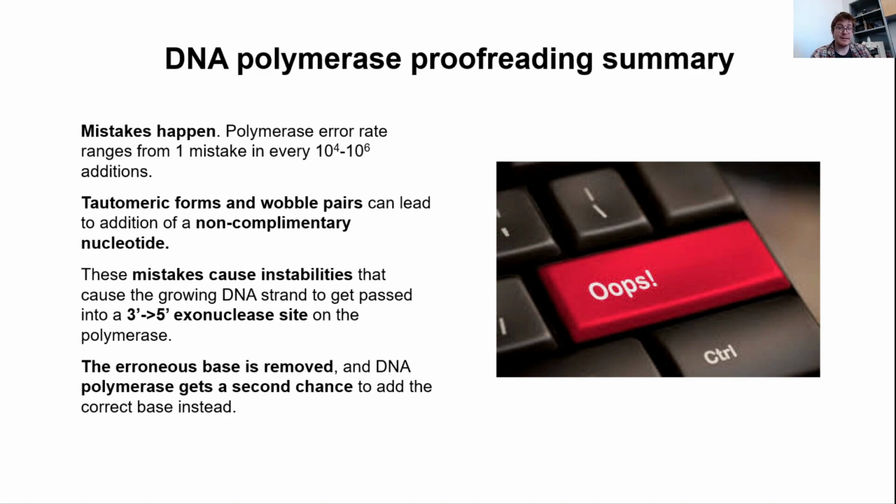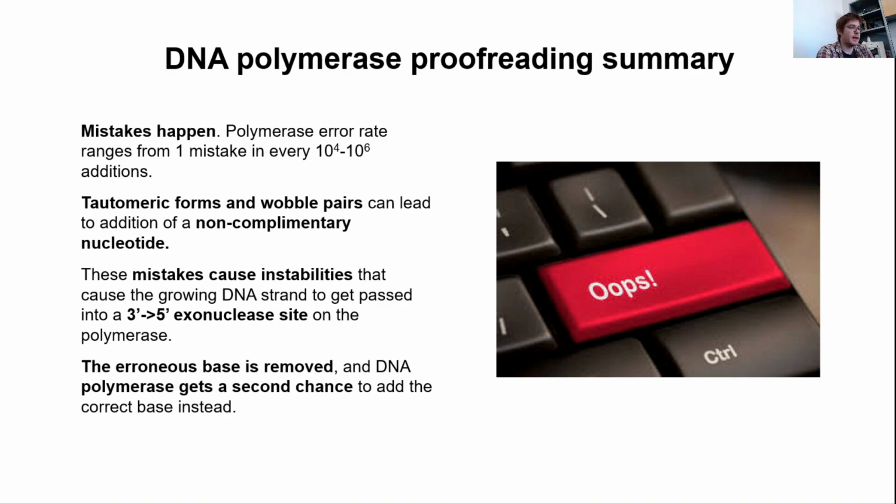And these mistakes, because they're disrupting the helical structure at the end of our molecule, those instabilities can allow for the 3' end to get passed over into a 3' to 5' exonuclease site on the polymerase. And once it's in that site, the erroneous base can be removed, and we get a second chance to add the correct base instead. And that's pretty much the gist of the proofreading